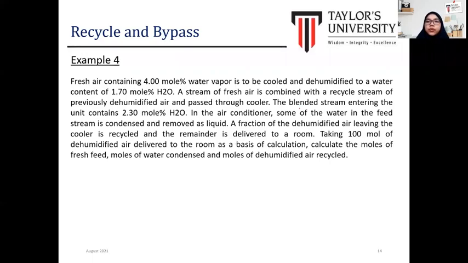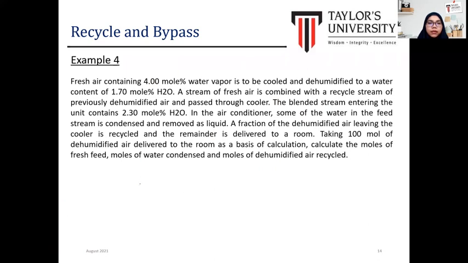Okay, we move to the next example here. For recycle and bypass, air containing 4 mole percent of water vapor is to be cooled and dehumidified to a water content of 1.7 mole percent. So let me